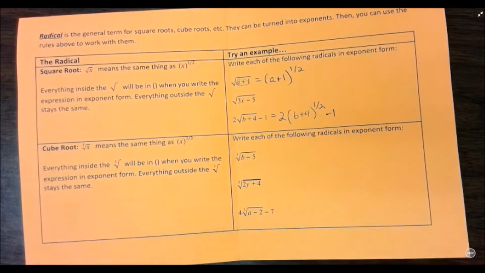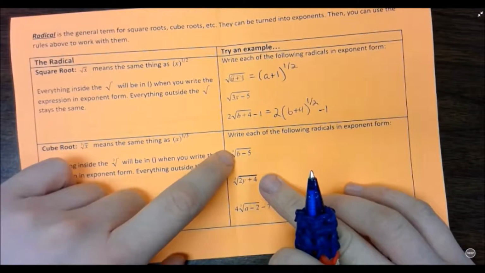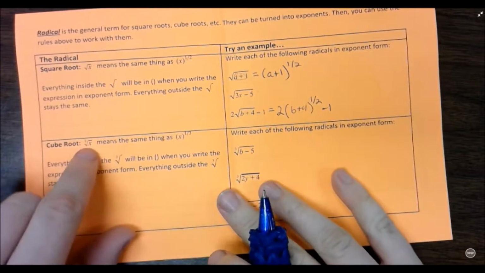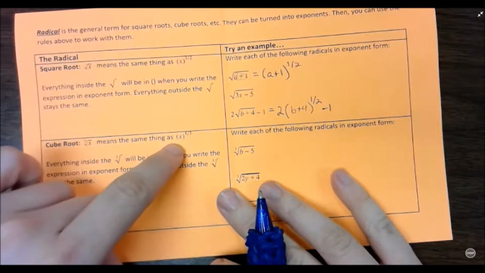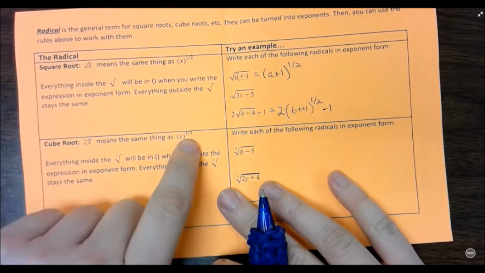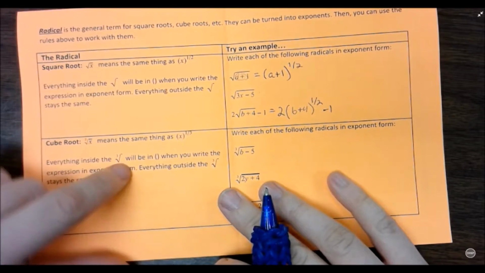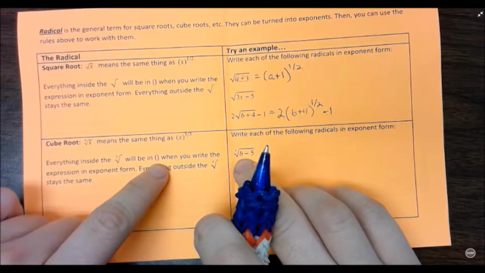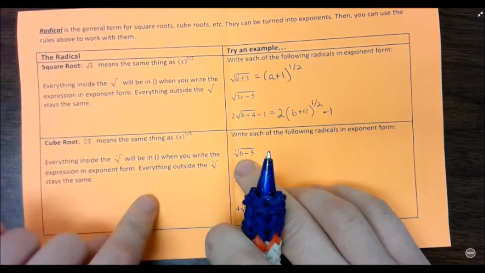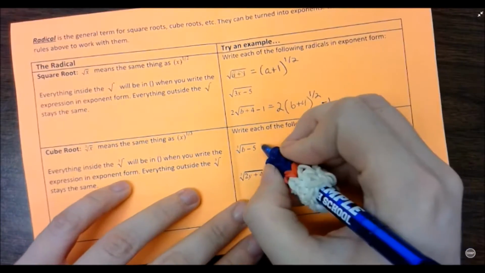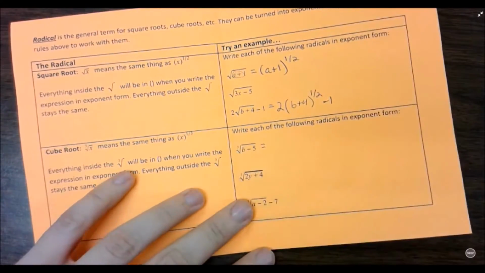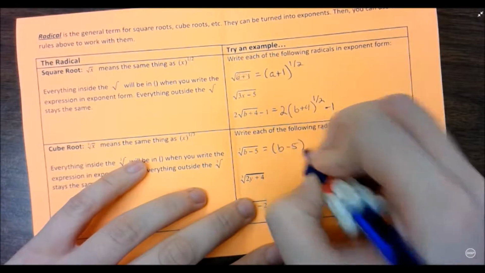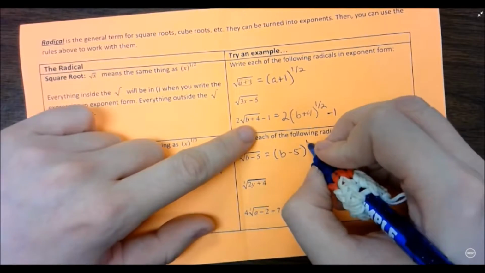Cube root is pretty much the same thing. You just got a little 3 here on the radical to tell you it's cube root and not square root. But pretty similar, cube root means the same thing as a 1/3 exponent. And it's going to work the same way. Anything inside the cube root will stay in the parentheses. Anything outside the cube root just stays where it is. So I want to rewrite the cube root of b minus 5 using an exponent. So b minus 5 in parentheses, and it's a cube root, so I'm going to raise it to the 1/3